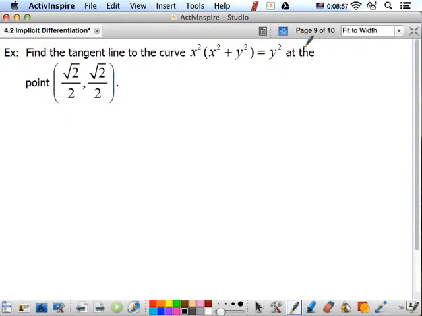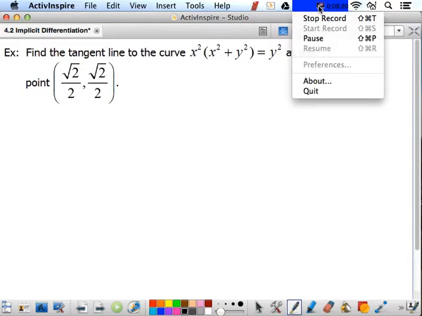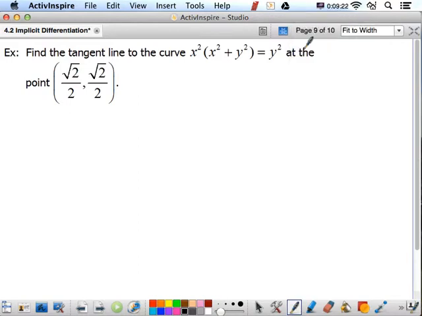So this is going to take a little time. First thing is, rather than doing the product rule to the left side, it's an easy distribution. So do you guys mind if I go ahead and change that left side to x to the 4th plus x squared y squared? Okay, so let's do a little bit of algebra first. If we distribute, we get x to the 4th plus x squared y squared